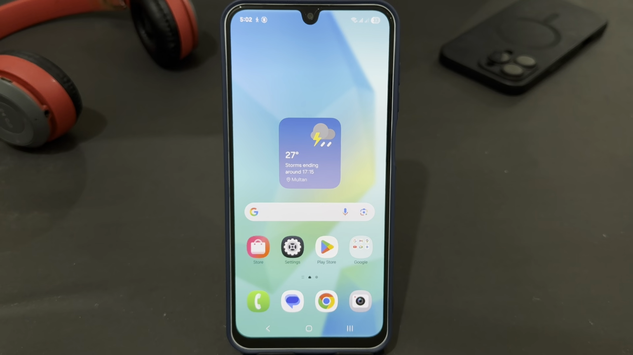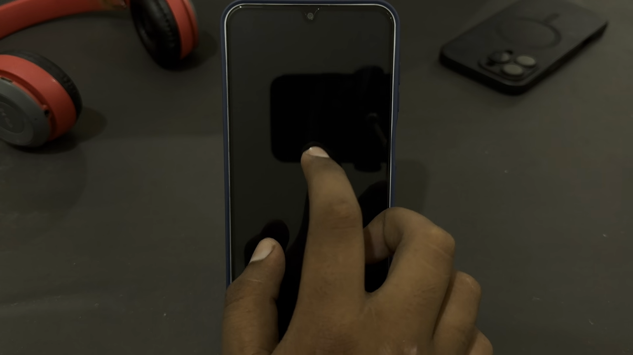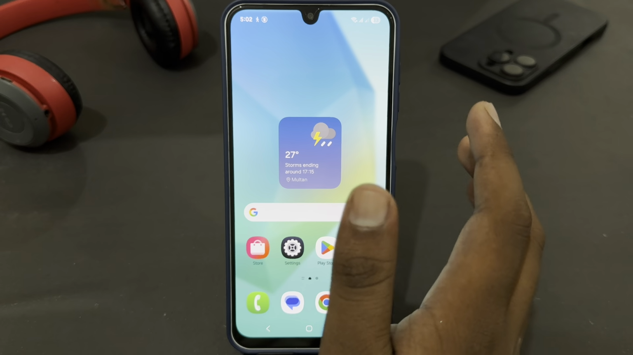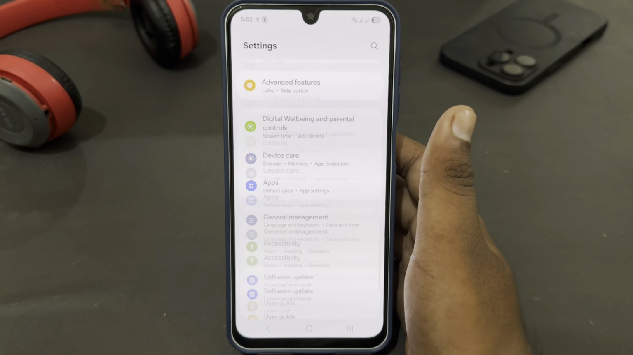Hey guys, today I'm going to tell you how to fix the clock app in the navbar on the Samsung A17. If you're using a Samsung A17 and you're having an issue with the clock app in the navbar, let's see how you can fix that. First of all, you just have to open your settings, then scroll down and go for